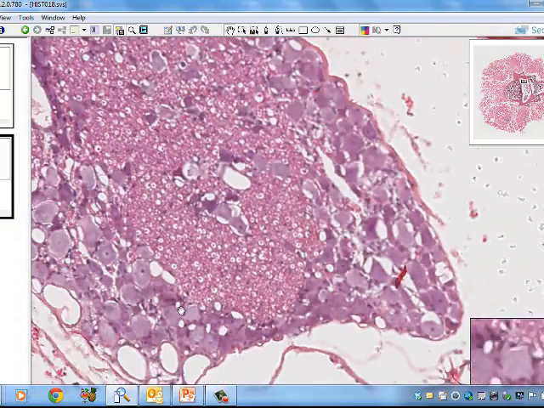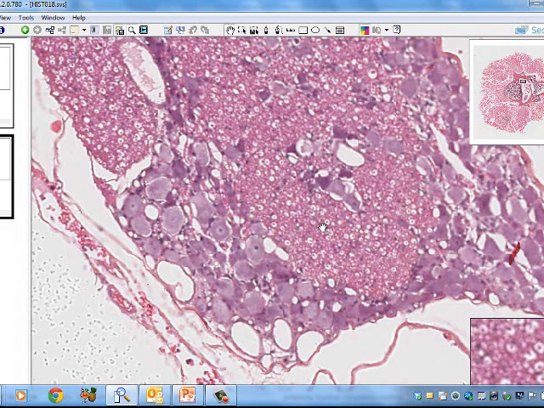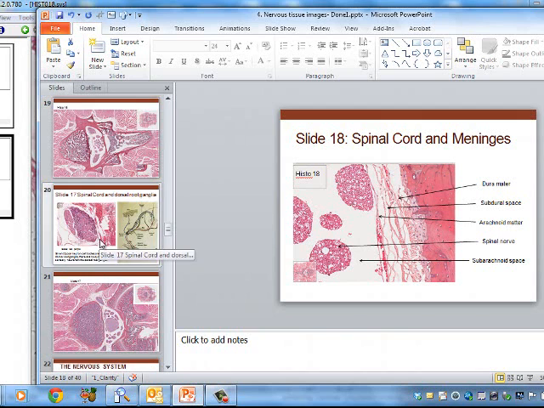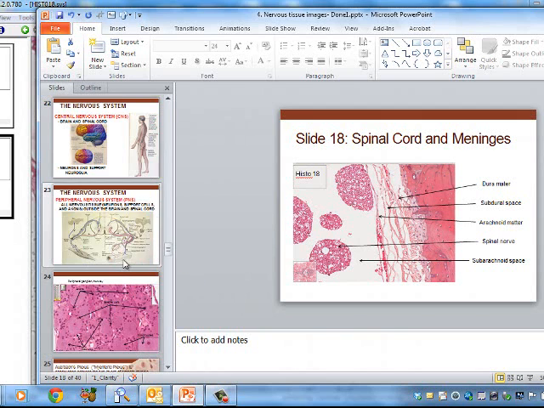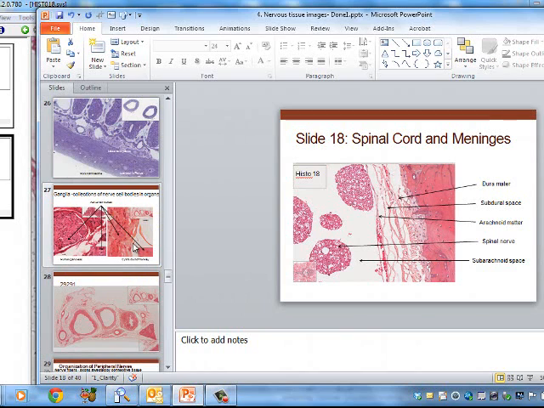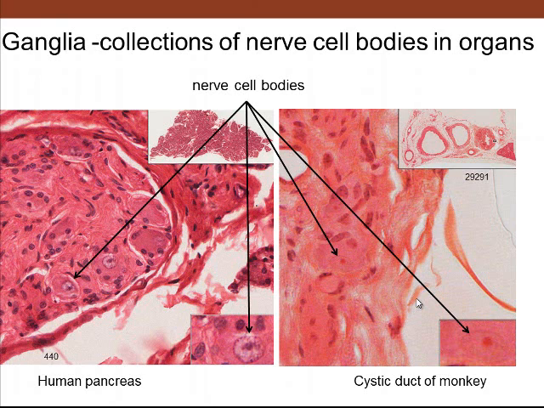You can see the ganglion cells themselves with the initial substance and the nucleolus in there. And then here's some myelinated axons that we have there. And we're supposed to see the dorsal root, which I just showed you. And now the next thing we're supposed to see is the peripheral nerves, and we can see there's peripheral nerves